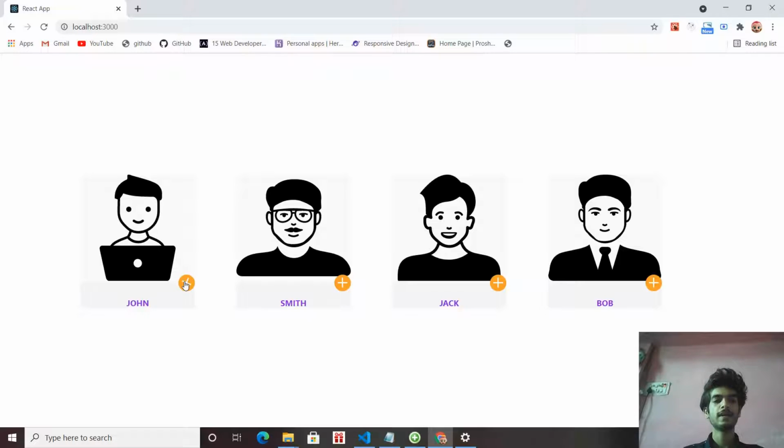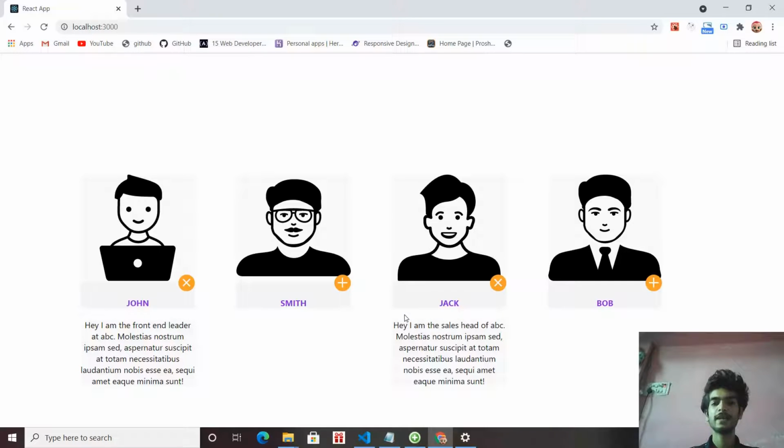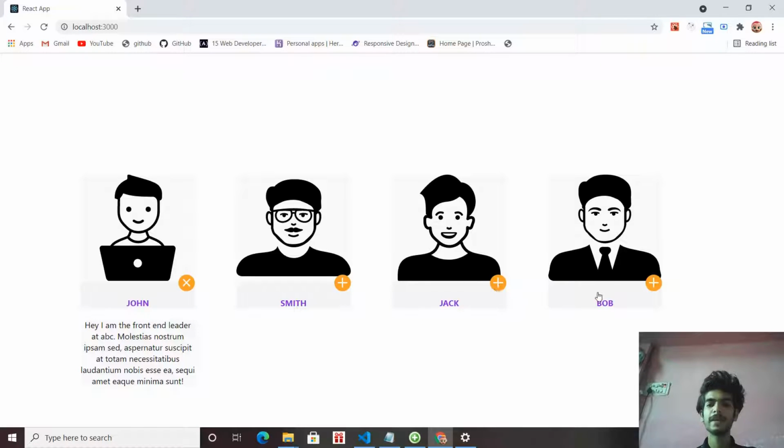When I click on it again, it hides the text. When I click again on any part of this image, the text comes, and it shows that he is a front end leader. And same in the other images. Like, I have clicked on Jake. See, Jake is the sales head, and the button was initially a plus icon, but when I click on it again it changes. This is a beautiful design, and I think it makes the about section of the company so beautiful that any person visiting the website will definitely read the bio.